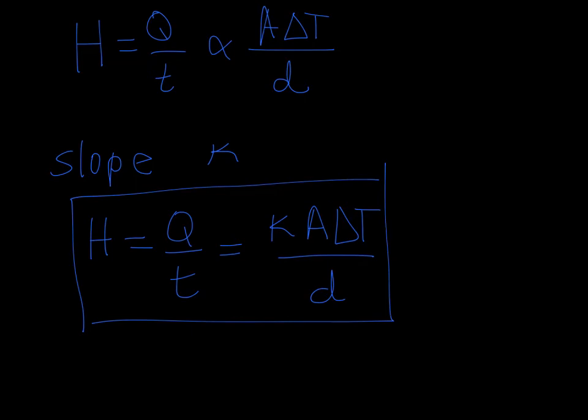Think about what asbestos was used for. Luckily, it's not really used anymore because of its carcinogenic properties. But it was used to insulate, right? It was almost like fireproof, if you would. It has a thermal conductivity of 0.08. So that means whatever amount of heat transfer you get in terms of area, difference in temperature, and the thickness of the material of the asbestos, you multiply all of that by 0.08, so it shrinks the amount of heat transfer by a lot, meaning it's a good insulator. Fiberglass is pretty good, 0.04, and then you get many other things.